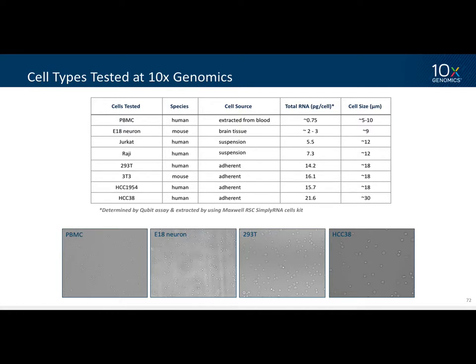If you have cells that are much larger than 30 micron, let's connect. One of the things I would probably suggest is to try the nuclei protocol. In that case, the size would no longer be a problem. And we don't have a lower limit, so no matter how small the cells are, they will still be partitioned. And there is no bias toward cells with different size. So if you have a heterogeneous population, there is no bias toward partitioning smaller cells compared to larger cells,